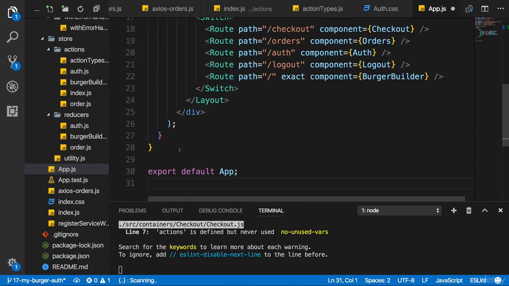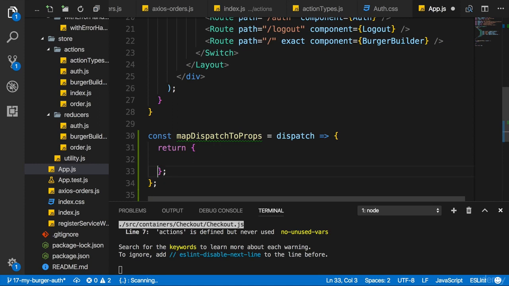And then here at the bottom, before I export the app, I'll create mapDispatchToProps, receive that dispatch function, and there return my JavaScript object where I do map my props. Here I'll add the onTryAutoSignup prop, for example, and I'll dispatch this one action we just